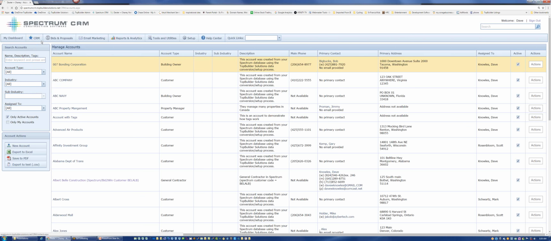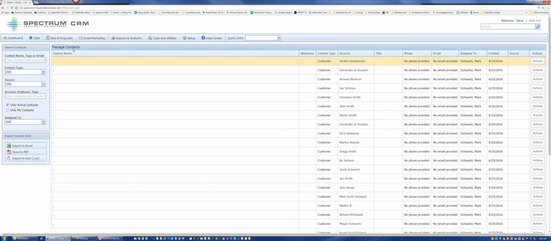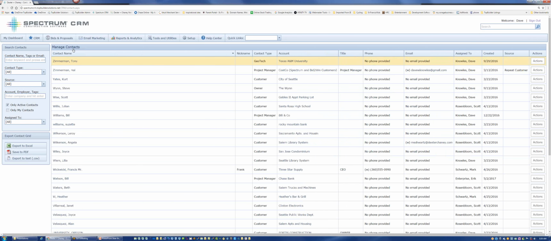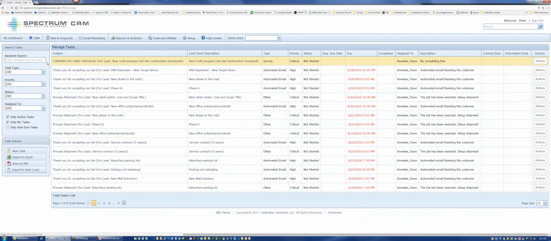And then you can manage your contacts, of course, and your contacts are associated to your opportunities. Your contacts are added to companies and can be moved between companies very easily if they switch jobs. And then everything in the system, by the way, can be tagged. So you can tag your leads, your accounts, your contacts, and your tasks, okay, so that you can find them